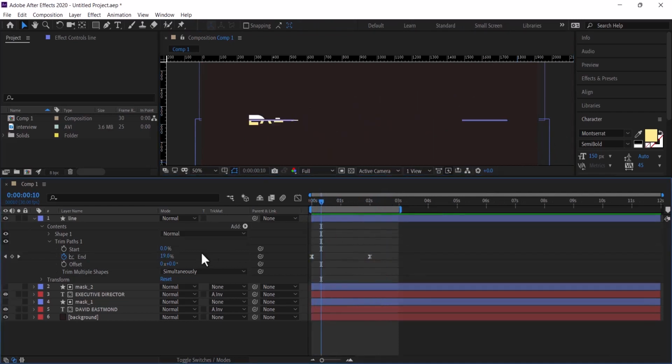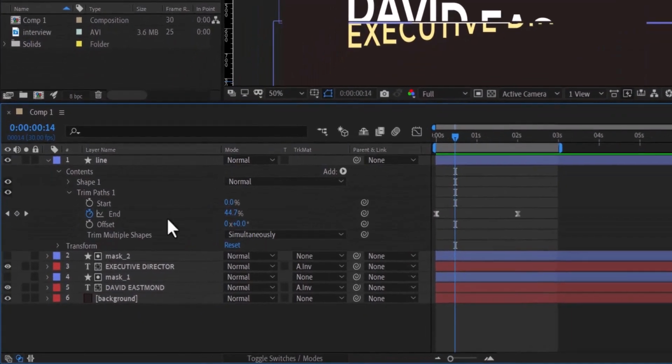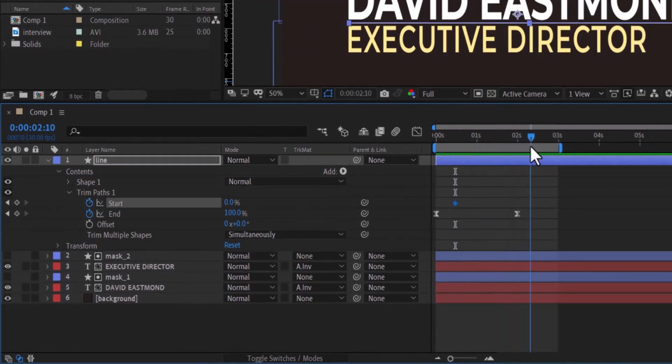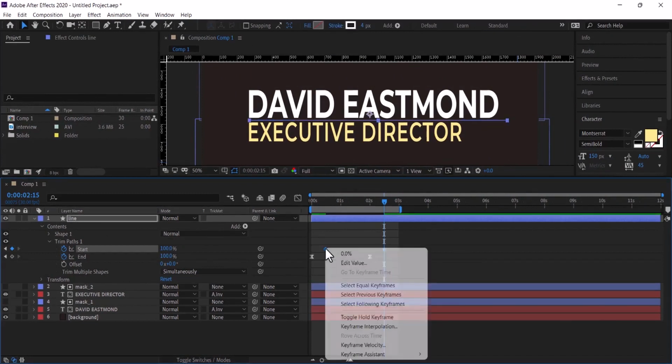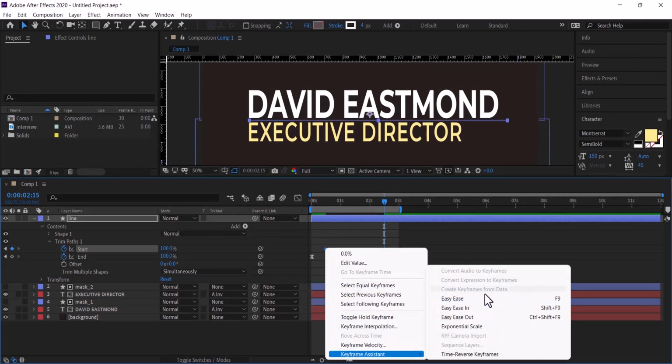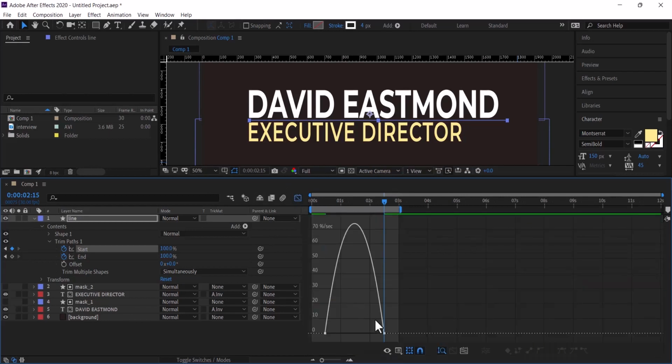I'm going to go into the start properties here, and somewhere half a second I'm going to click on start once, and just after the 2-second mark I'm going to raise the start to 100. So likewise we did for the end, I'm going to easy ease, go into the graph edit tool